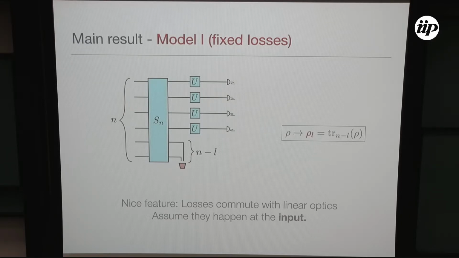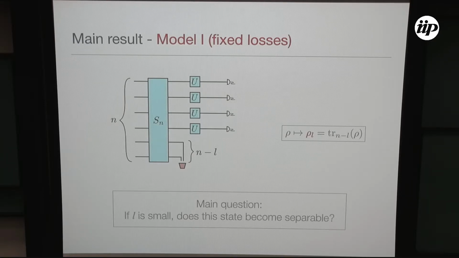Okay, so now our central question that is behind all our results is the following. If L is small, so if there's just a small number of photons left, does this state become separable? Because we have this entangled state here, and you're going to trace over a bunch of particles, and we know that this is going to degrade the entanglement on the remaining particles. So the question is, does it ever become exactly separable? And the answer is no, it doesn't, except in the trivial case where only one photon is left. In fact, if it did become exactly separable, we would have a result that was a little bit too strong.